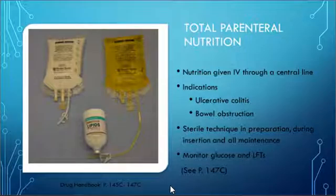Sometimes, when they're on a TPN or parenteral nutrition, you will be having them on a glucose or a sliding scale insulin coverage, or adding insulin maybe actually in your bags. You will have a patient ask you, I'm not diabetic, why am I getting insulin? It's just because of these high concentrations. Okay, so TPN should not be used routinely in patients with an intact GI tract because of possible complications